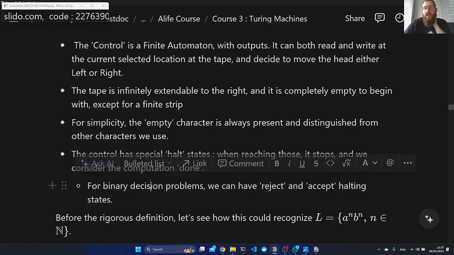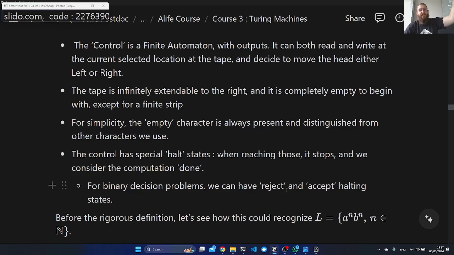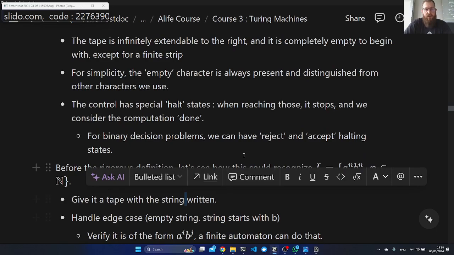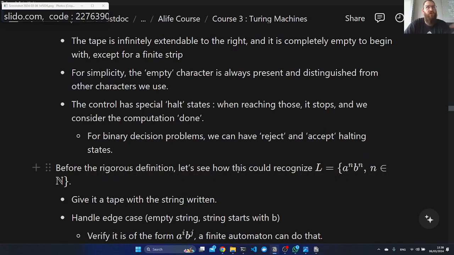And as well, if we work on decision problems, just like with the languages, we can have some special reject and accept, which are also halting states. All good? So this is the kind of abstract picture of what a Turing machine is. And so just using this abstract picture, let's see now if by granting it access to this extra tape,